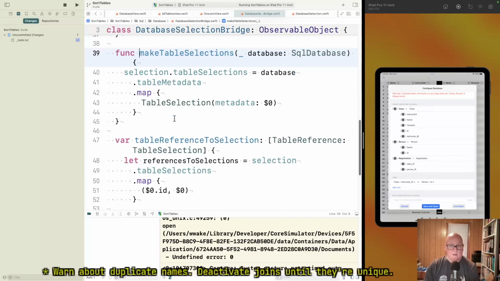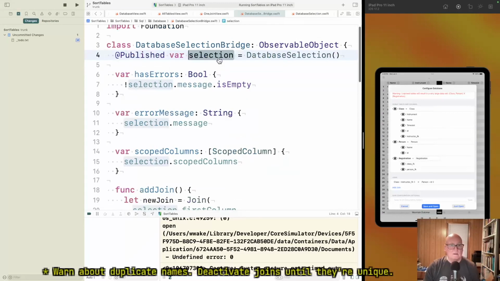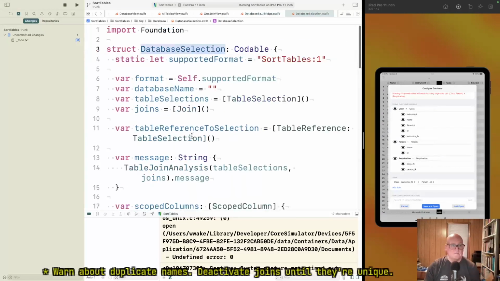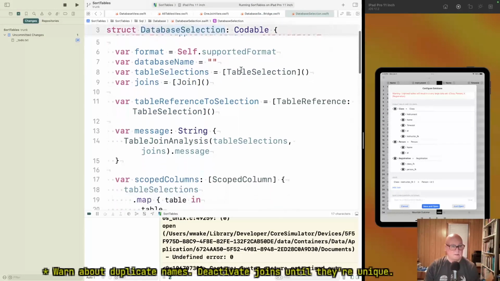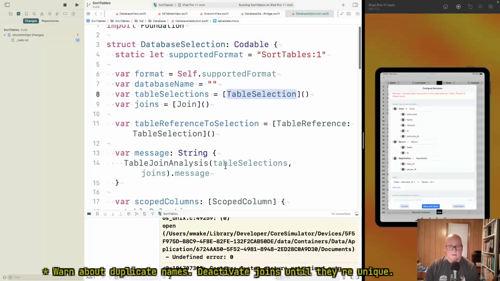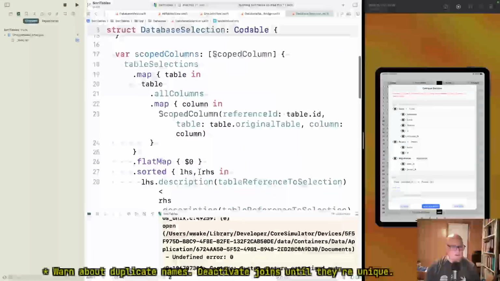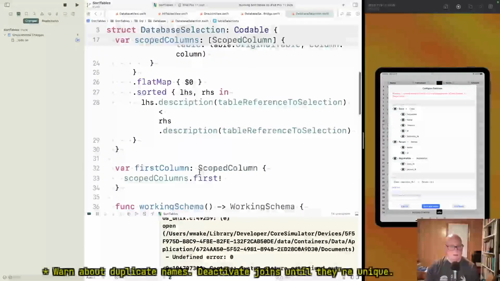Well, table selections knows them. Selection knows them, right? Database selection. It knows the table selections. And when they change,